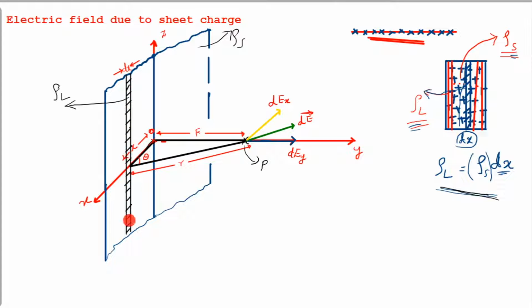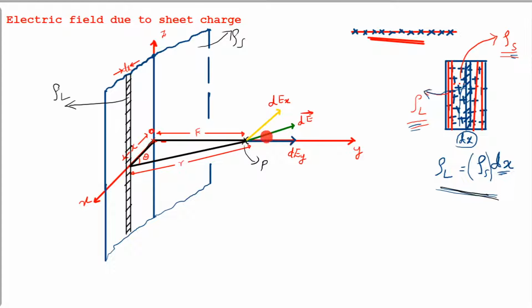Now this dx is my portion of sheet charge. How far my point P is from there is what I am saying, that is R. This distance is R. So now the electric field intensity will be in this direction. It should be parallel to this, no? The electric field intensity will be marked with a direction because field intensity is a vector. So the electric field intensity due to this small portion dx will be along this direction. Agree? dE.